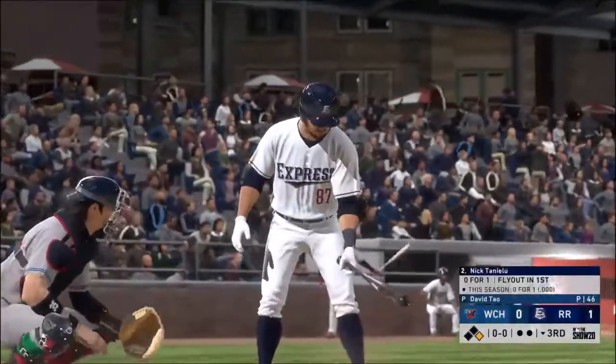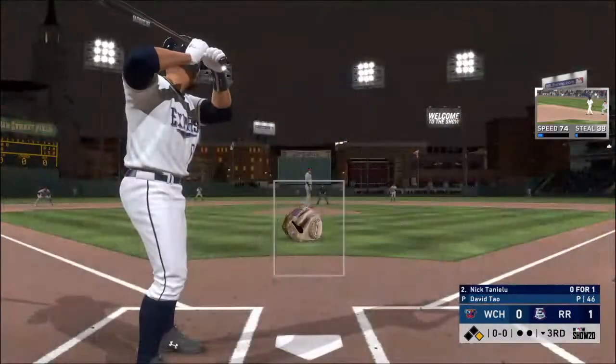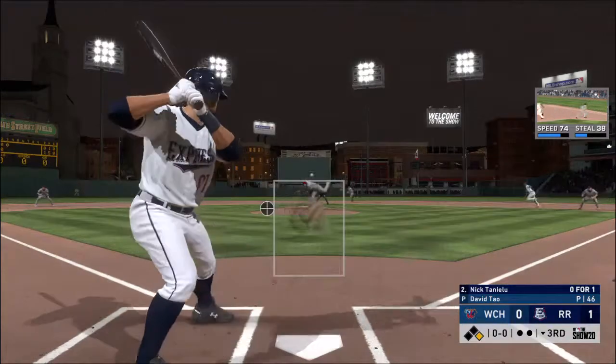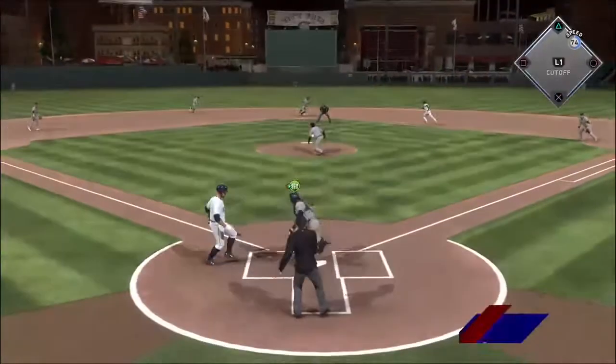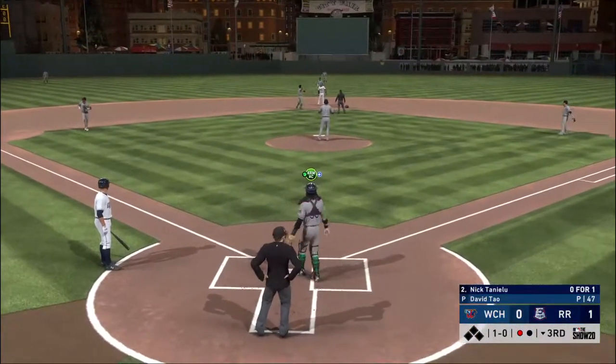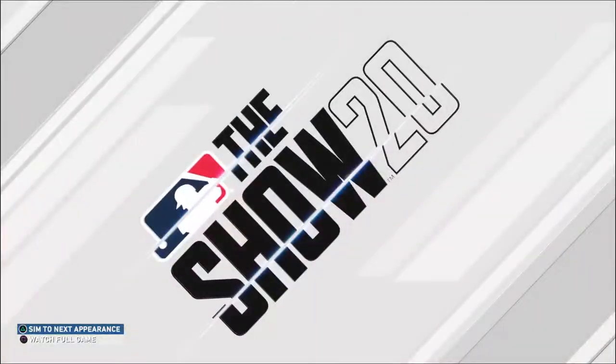Now at the plate, Nick Tanalou. Now batting, third baseman, Nick Tanalou. First delivery to him on the way. Pitch in. Throw. Right on the money, and he's cut down trying to take second base. Clearly they were hoping to be aggressive and doing some running tonight, but I think